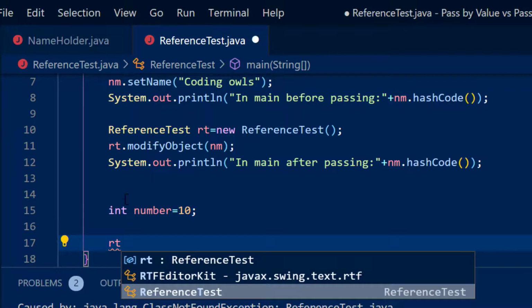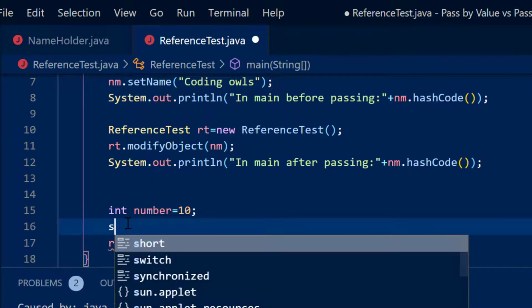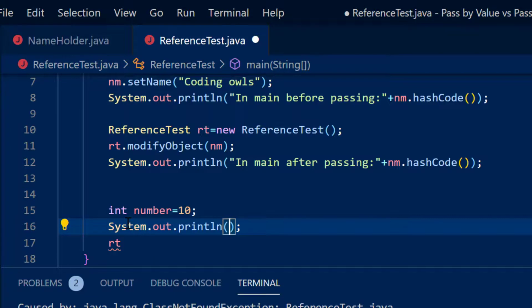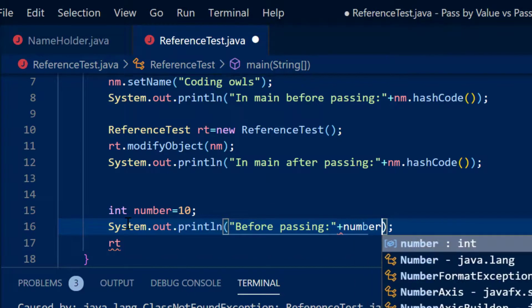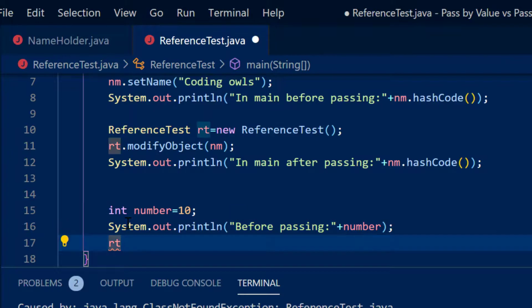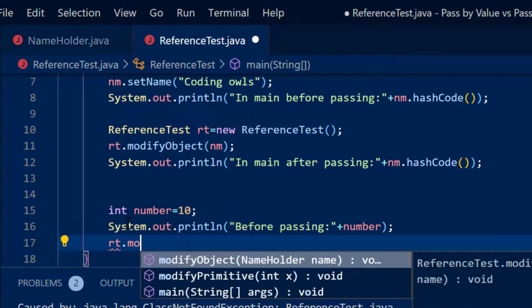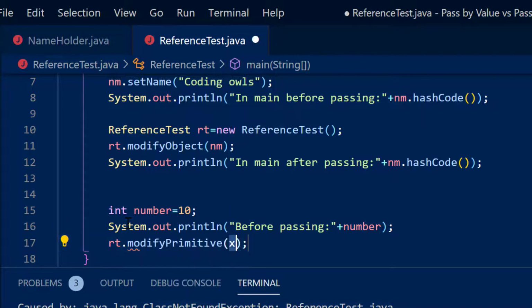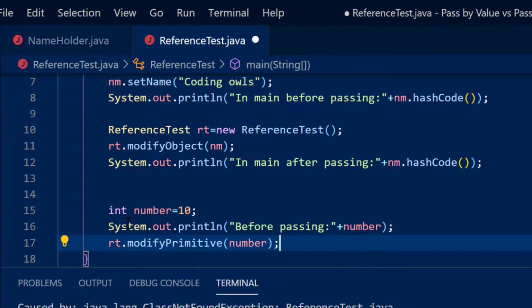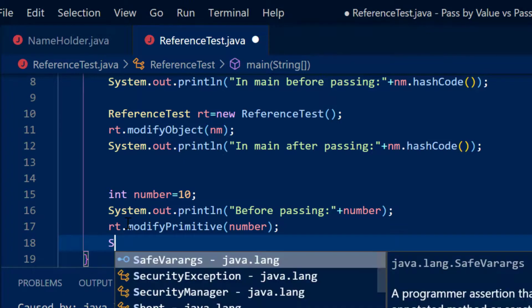So let us quickly record a value before going to that method. So it will be before passing, because this is what we are doing, pass by value, so you'll see a bit different thing here, number and rt dot modify primitive. So we are passing the number from here, and after I pass the number, it will print the value.